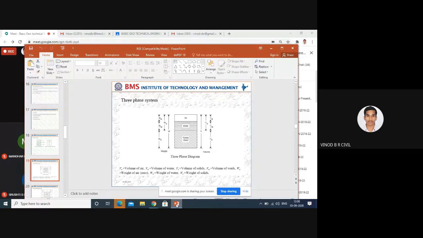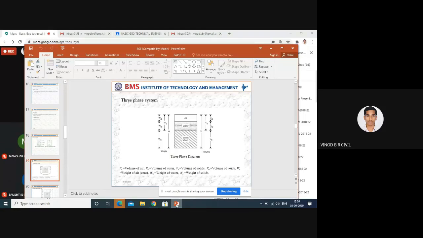Here in a three-phase diagram, the bottom one is the soil. As we know, that is the weight of the soil, Ws. You can see the left-hand side is weight and the right-hand side is volume. The left-hand side has the weight of soil, above that the weight of water, above that the weight of air. Obviously we can't measure the weight of air in this condition, so Wa, the weight of air, is 0. And the weight of water we don't know; it may be 1 liter, 2 liter, 3 liter, it depends on the field.